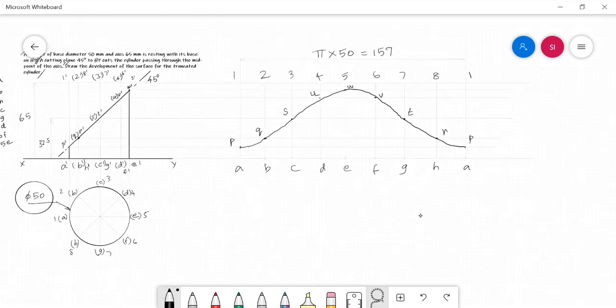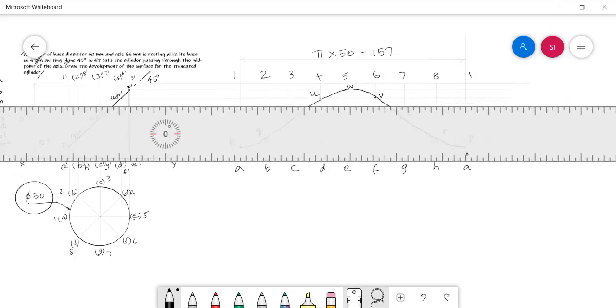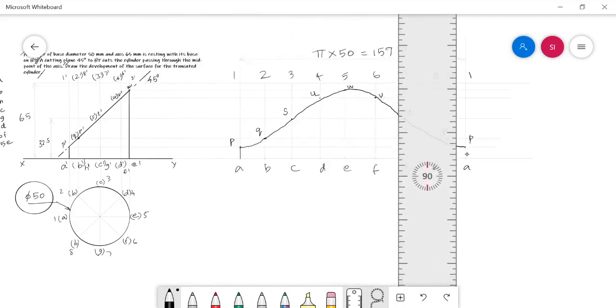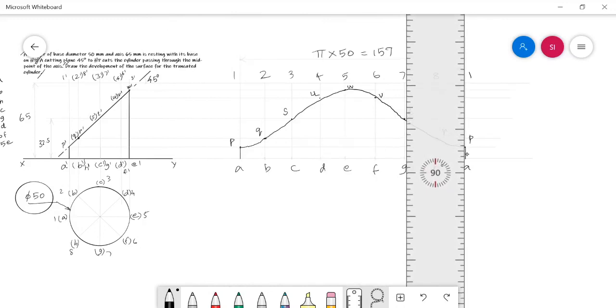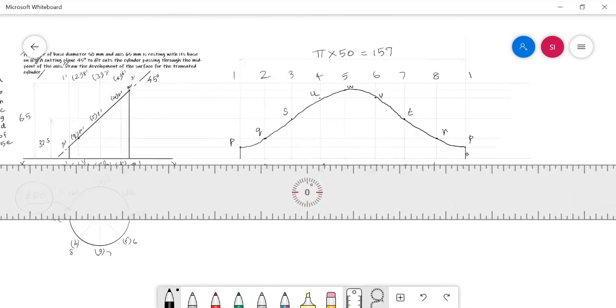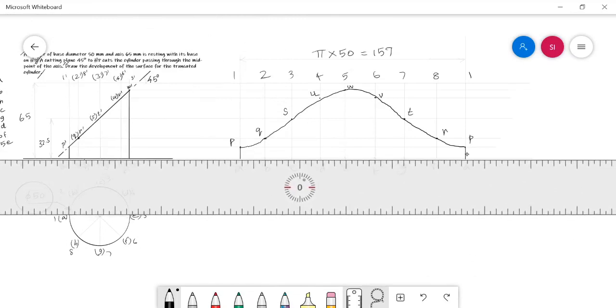And then we can easily decide that the portion above the cut points is the removed portion, and below is the retained portion. In the case of the cylinder and cone, we need to darken the extreme generators only. So in that way I am darkening the extreme generators alone with the HB pencil. I need not darken the interior generators, and I need to darken the base, that is the base circle circumference.